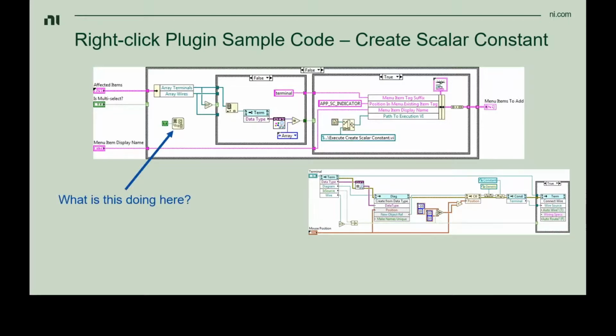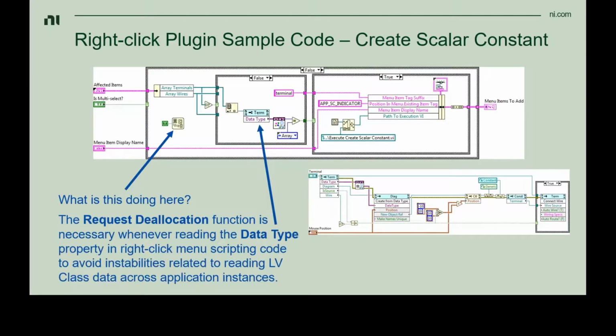Now, what in the world is that function right there? That is called the request deallocation function. What the heck is that, and why do I need that? Well, this is another one of those weird things about scripting. If you ever read the data type property in scripting, or anything that is basically returning a variant that represents a type,